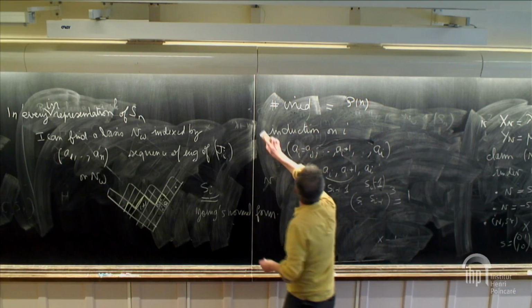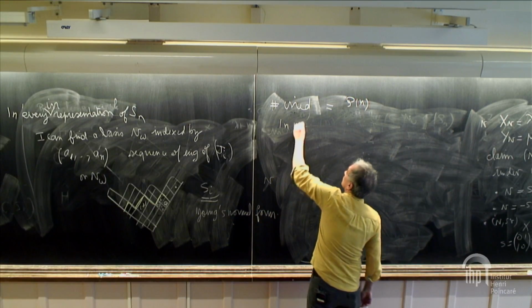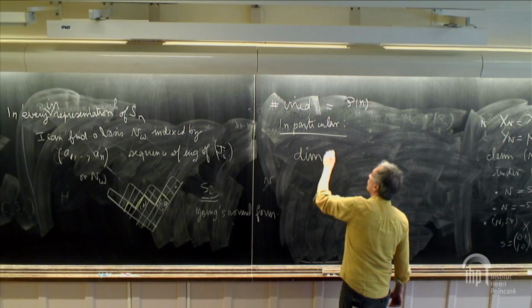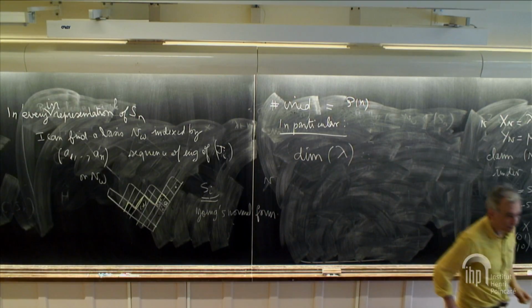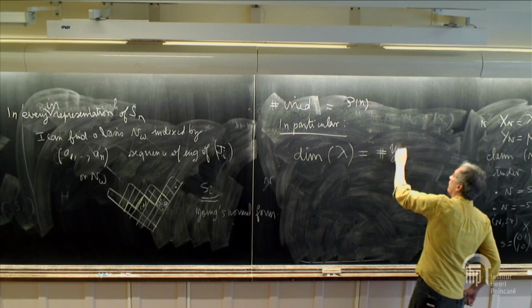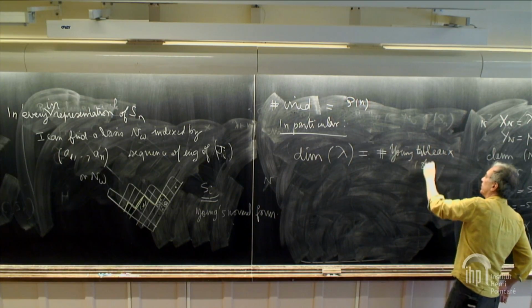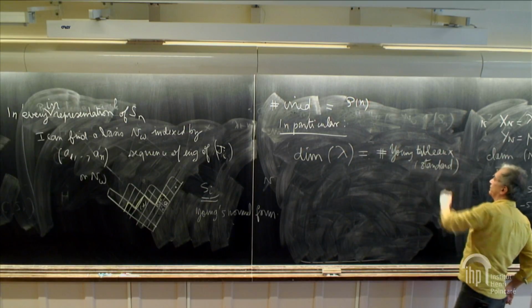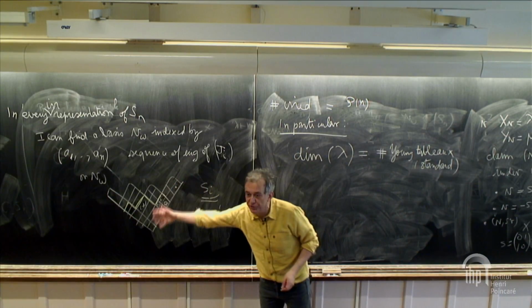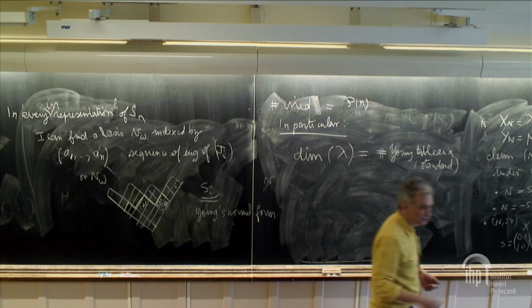Okay, so in particular, if I have a partition lambda, the dimension of lambda is the number of standard Young tableaux that are paths in the graph. Of course, this description also shows you that your graph is what I said. I mean, the restriction, you just need to check that